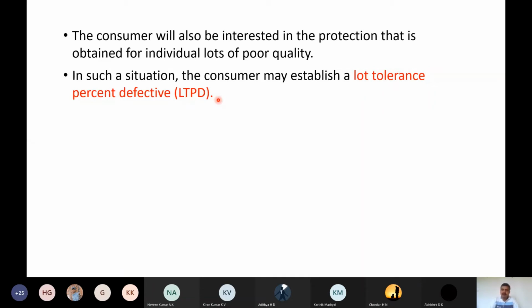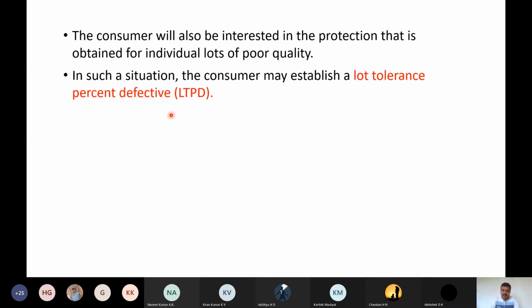Because in some lots on an average it is 5. In some lots it may be 2 or 3 per 1000. In some lots it may be 7, 6, 7, 8. In some cases it may be 10, 12 defectives per 1000 units. Now if you get 12 defectives out of 1000, it may be a loss for the consumer. So in that case, you will go for this lot tolerance % defective.